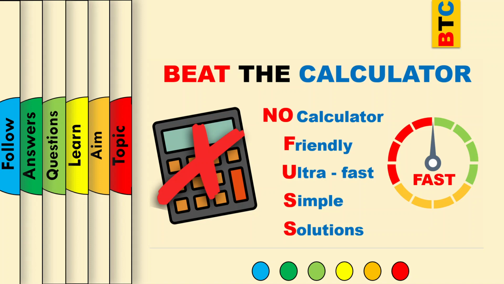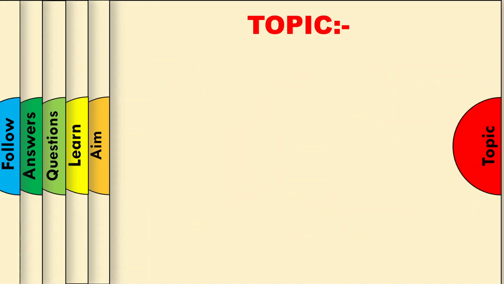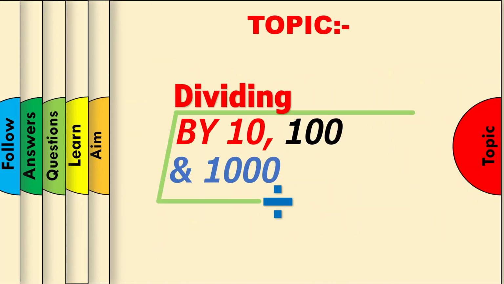In this video, we'll take a look at dividing by 10, 100, 1000 and beyond for any number, including whole and decimal numbers. Before we move on to discover some amazing division tricks, we have posted a video about multiplying by 10, 100, 1000 and beyond, which we're sure can help you grasp the tricks in this video faster. If you want to view that video, a banner should appear above, as well as a link in the description.